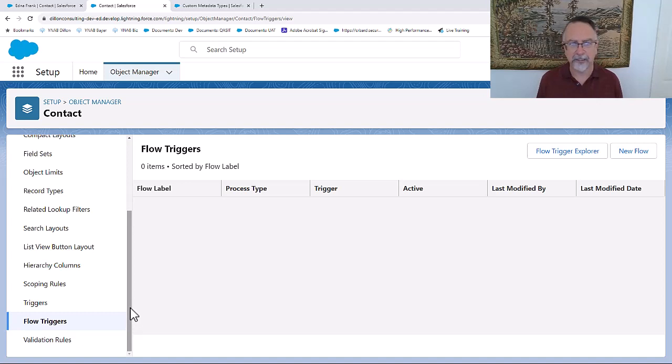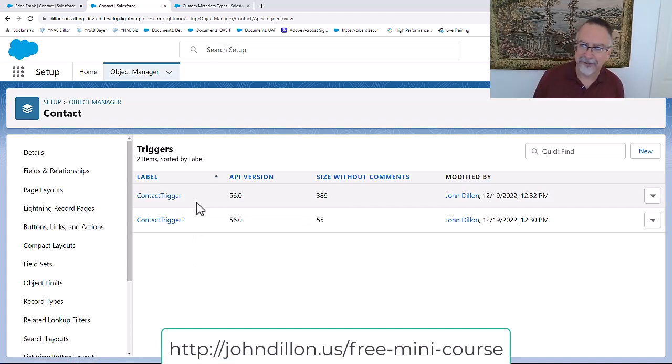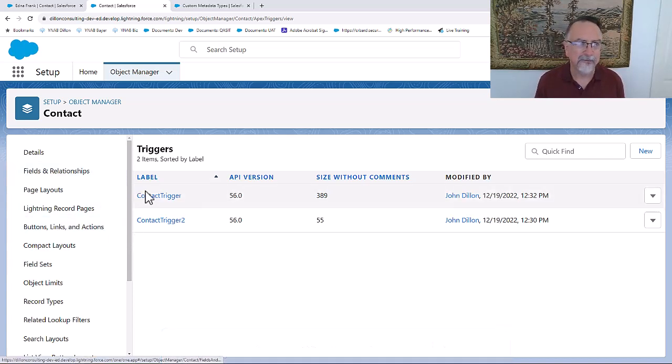So for instance, I know there are no workflows attached to the contact, so I'm not even going to look there. The next thing we can look at is triggers. And from having worked on this before, we've got a couple triggers. We should only have one, and I will say that's an anti-pattern. And if you don't know what that is, check out my free mini course on patterns and anti-patterns, and we dive deep into that. So our starting point would be this contact trigger,